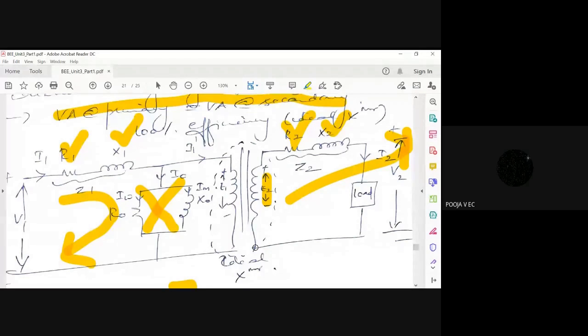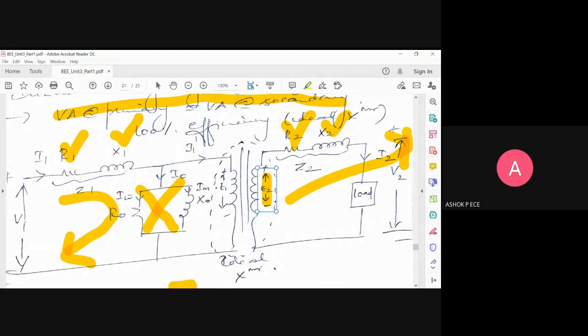Is V1 negative or positive? Positive, sir. It is flowing from minus to plus, right? So it is positive. So plus V1 minus I1 into Z1, then minus E1,